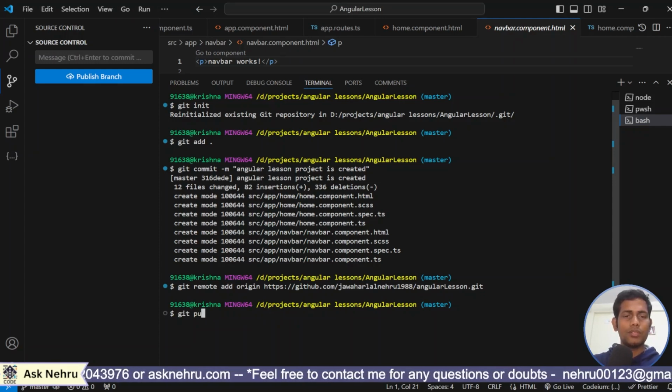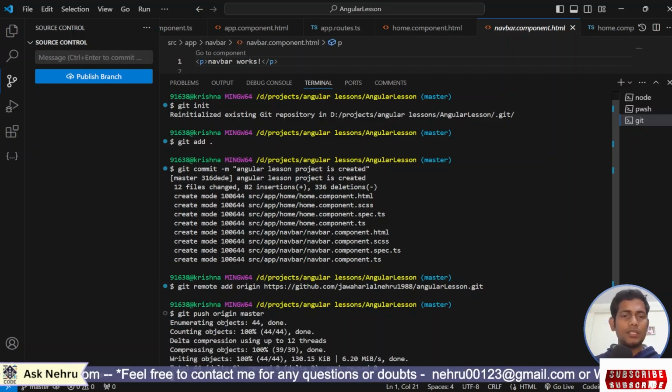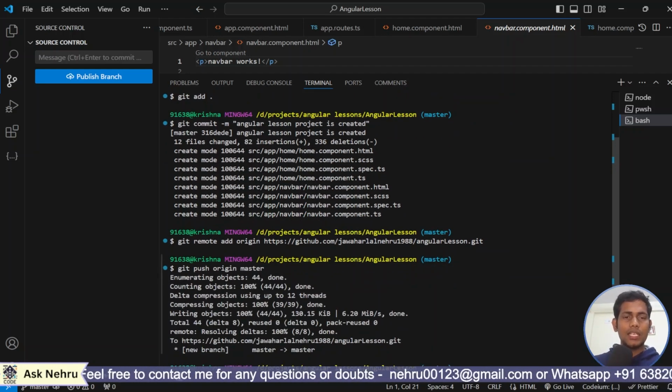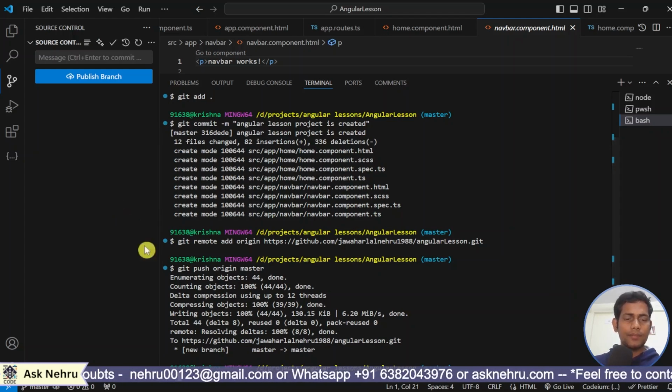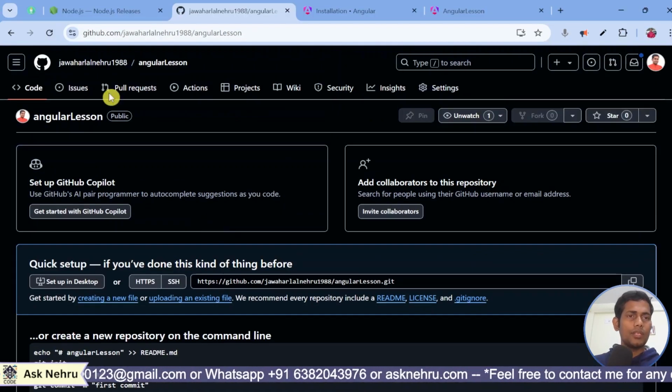So I type git push origin master and let's see the result. Yes, it is enumerating. Enumerating means it is being pushed into our remote repository. What is our remote repository? It is nothing but the Git repository. So if you refresh this page,